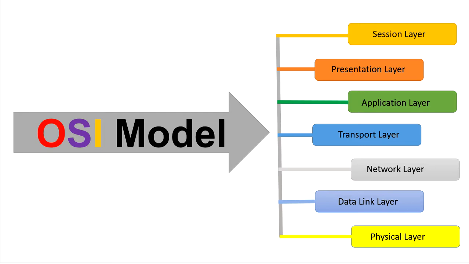We have the session layer, presentation layer, application layer, transport layer, network layer, data link layer, and physical layer. In this video we are going to discuss two layers, the session layer and the presentation layer. So let's start with the